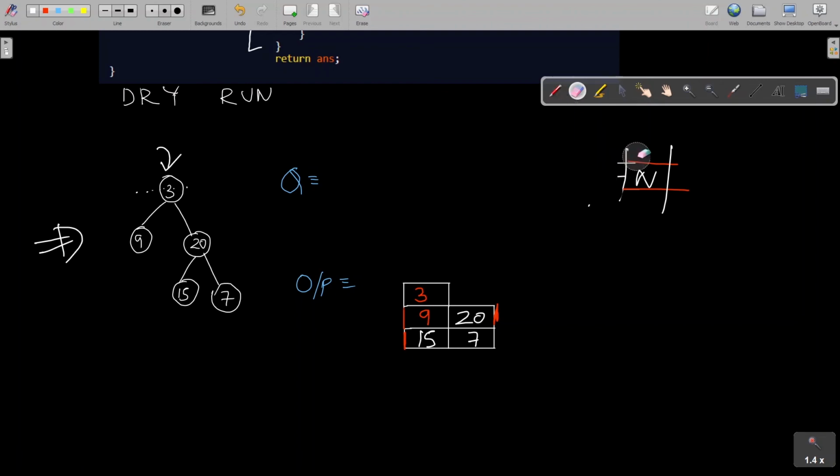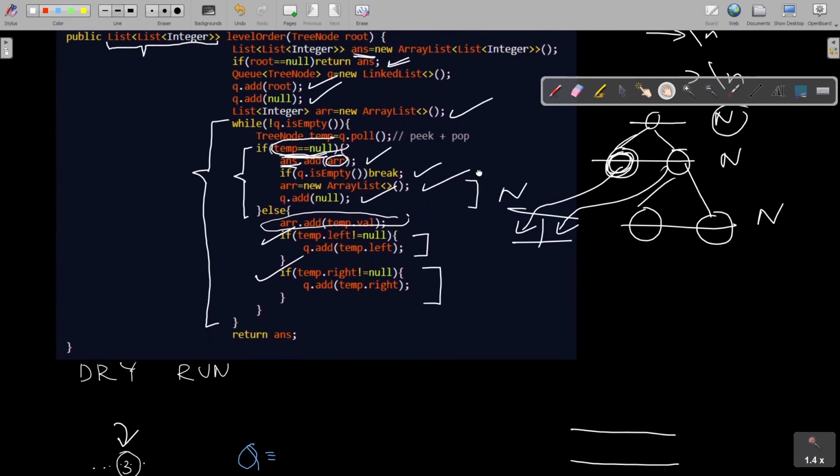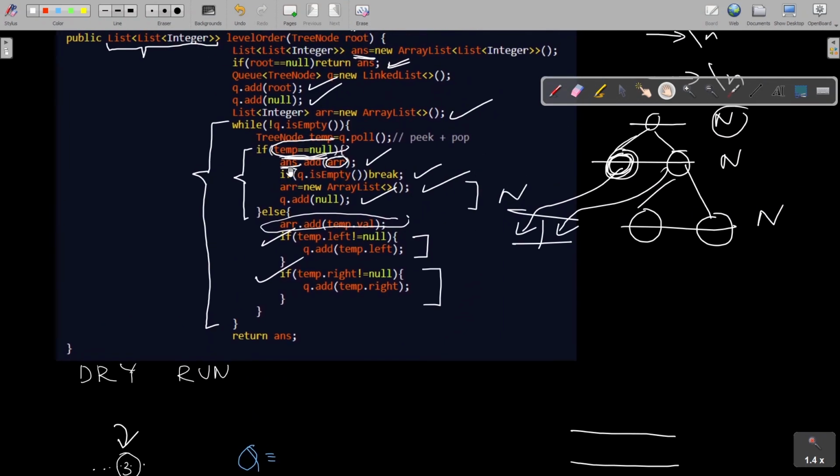At this stage, when we pop this null from the queue, our queue is actually empty, right? There is no element present in the queue. So that break condition which we have written above would execute, and that would break the inner while loop. We'll come out of this while loop and return the answer.